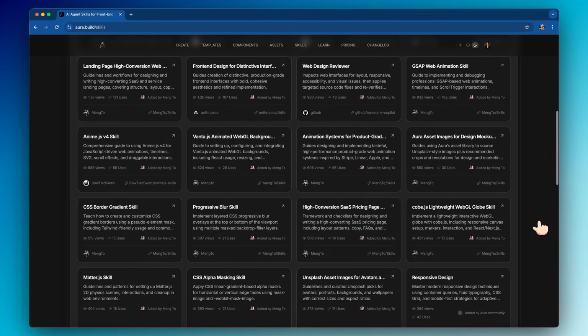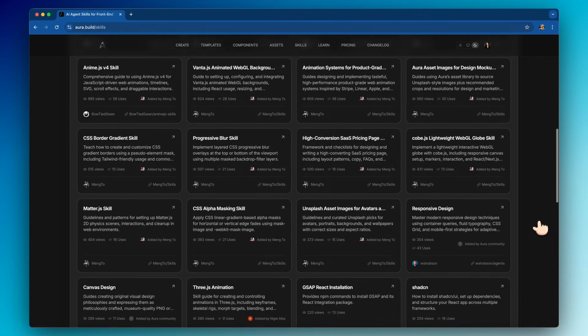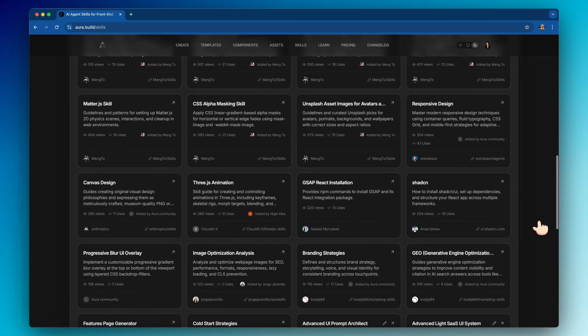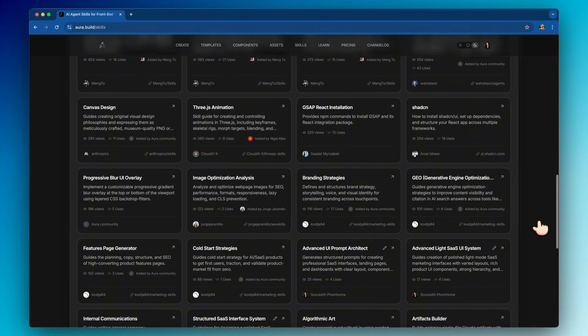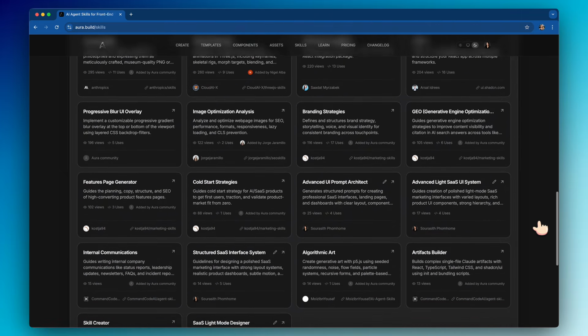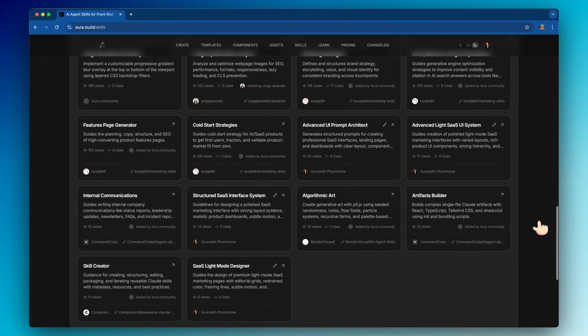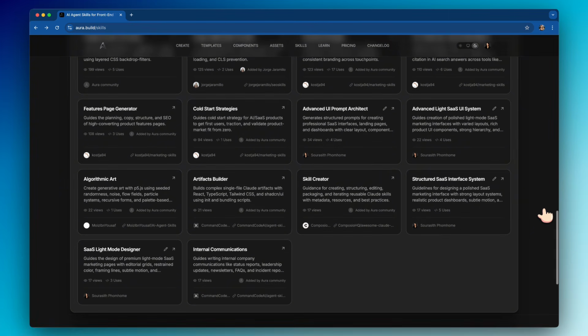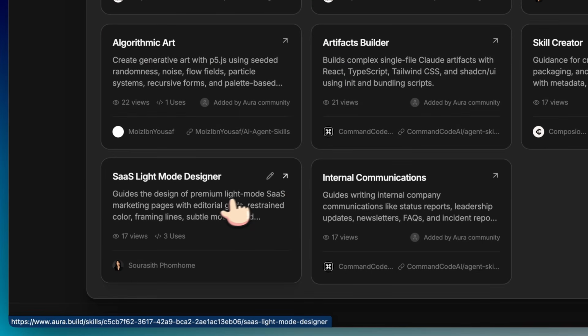Designers can also create skills for design tasks. In Aura, there are already a few skills that are useful for designers. To be honest, I don't use them very often because I work project by project and each project has a different style, layout, or direction. I usually don't reuse them, so instead I create a different detailed prompt each time. But skills can still be